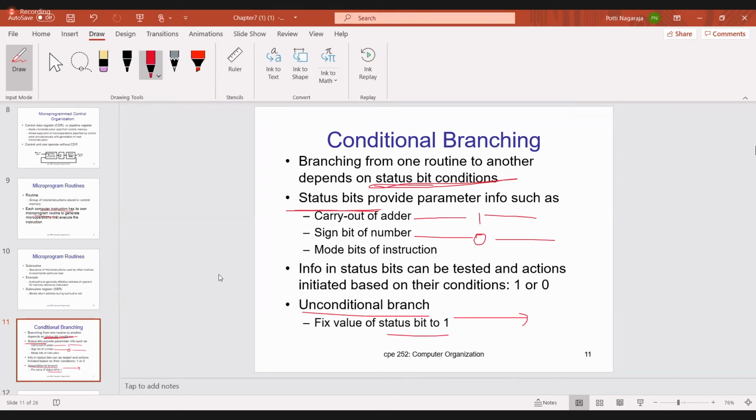A conditional branch would be: suppose in semester 4, only if you have passed everything will you go to semester 5. That is the conditional branch. Now I will verify each person, whether he has passed all exams. If he passed, he will go to semester 5. If he doesn't pass any exam, he will not go to semester 5, because the condition failed. But in general, in a computer, from program 1 to program 2. Do you understand?